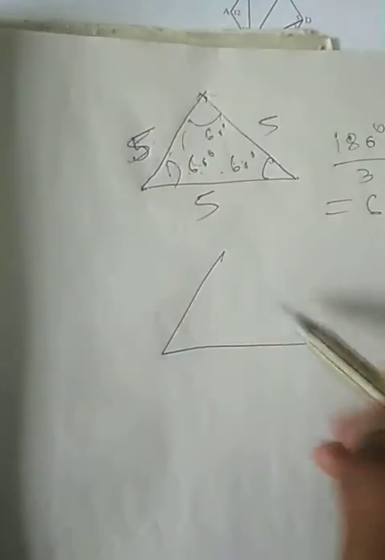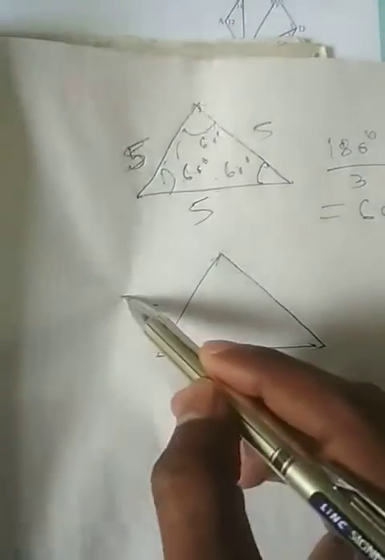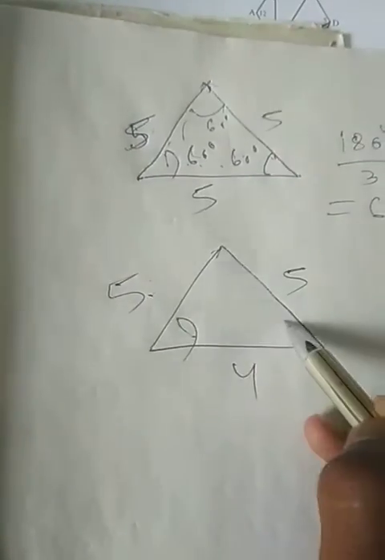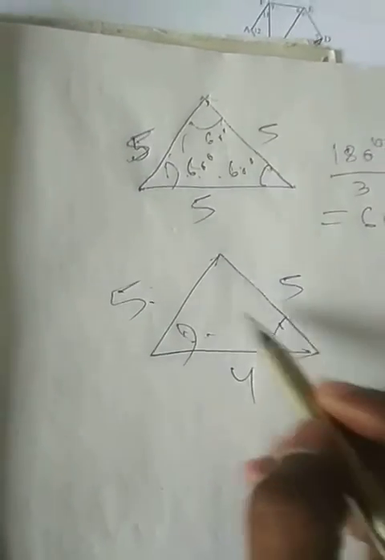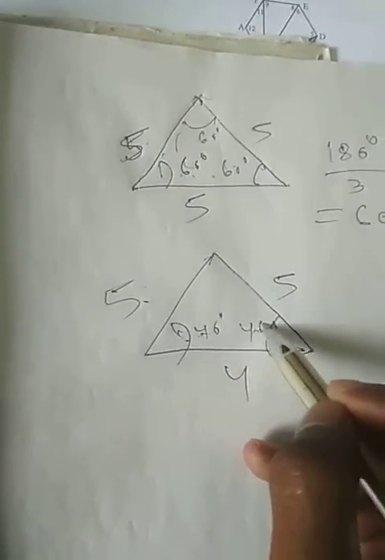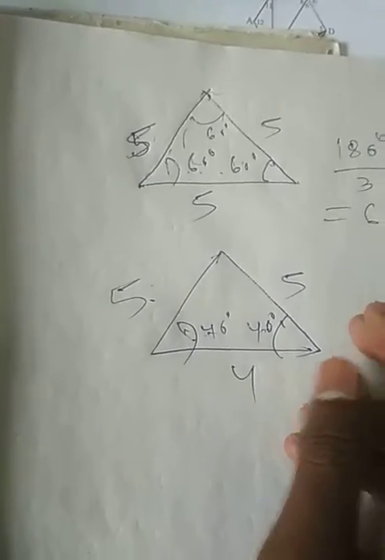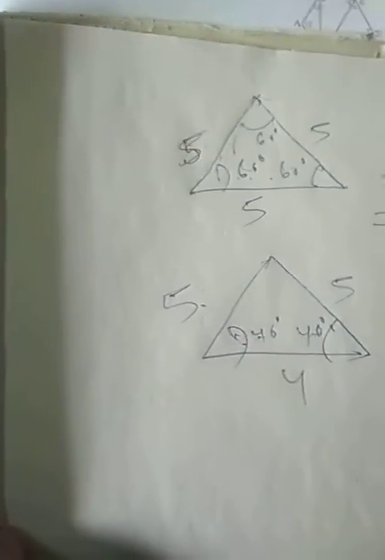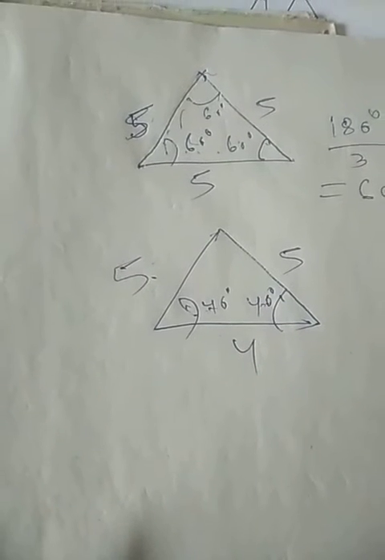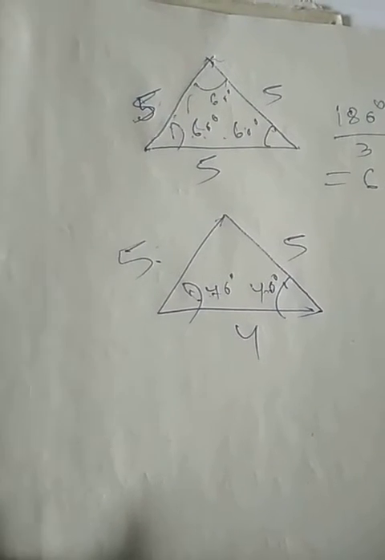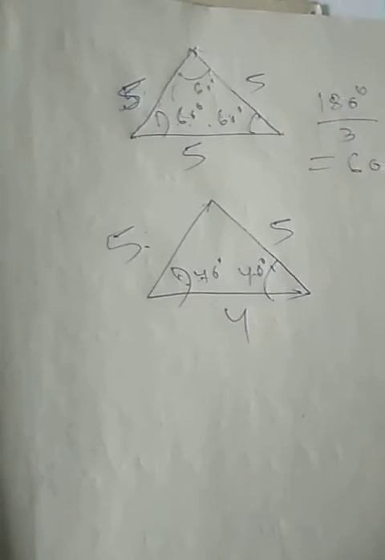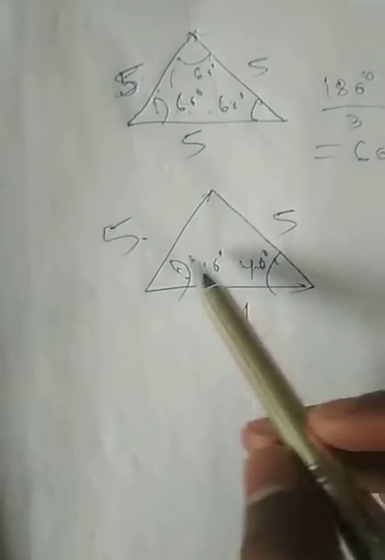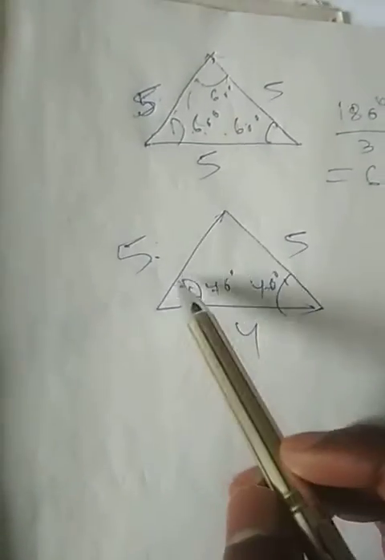One more thing about the triangle, if two sides are equal, like this is equal to this, but that one is different, that means isosceles triangle. That means these two angles are equal. I don't know the value, but those two angles have to be equal. If that is 40, that has to be 40. If two sides of the triangle are equal, that means two angles are also equal. If two angles are equal, that means two sides are equal. And which angle will be equal, you can measure. Opposite angle or opposite side.